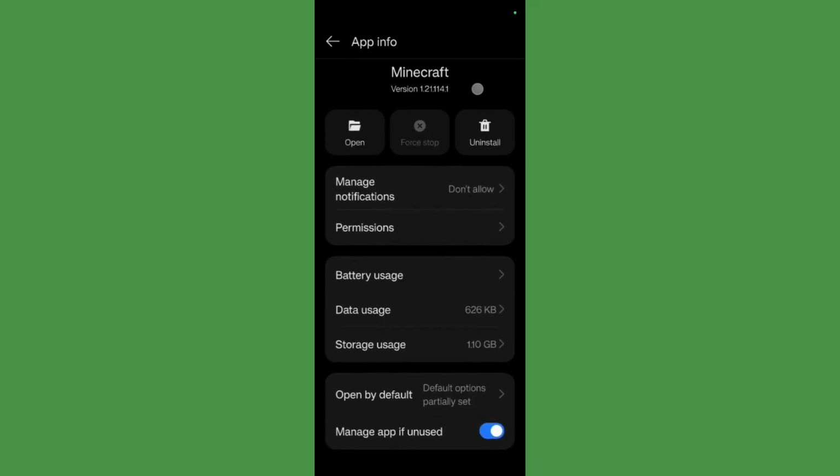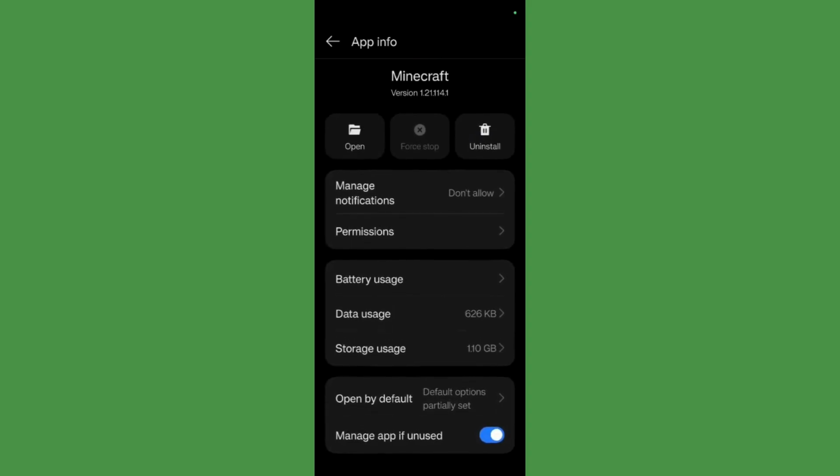Also, if that even does not work, you can try uninstalling this application and then reinstalling this on your mobile device, or also try rebooting your Android device and also making sure that both the Minecraft application and your device have the latest Android or application version installed in them. And hopefully one of these will resolve your